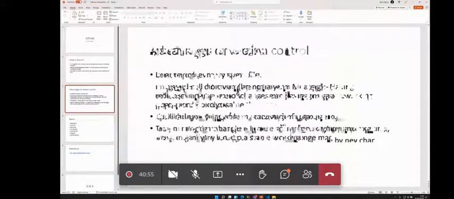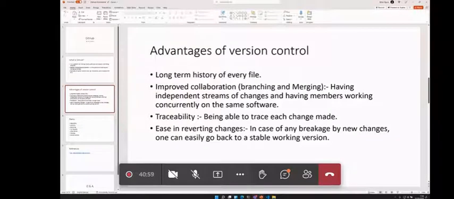Version control has several advantages. You're able to track the history of the various files and the changes that you make. You're able to trace who made a change, and when it happened. And sometimes